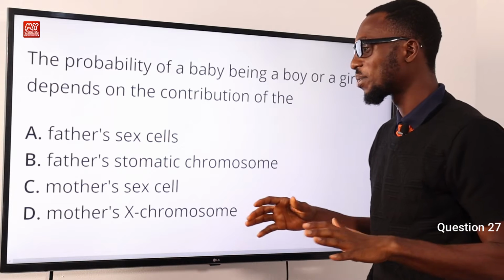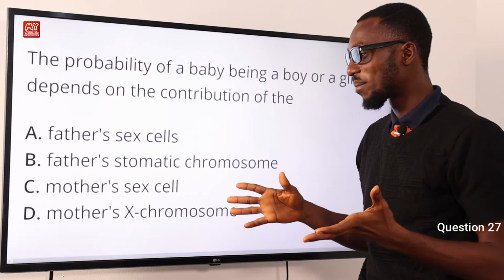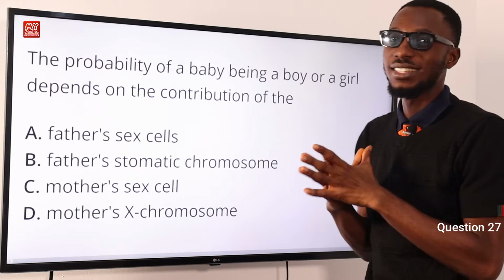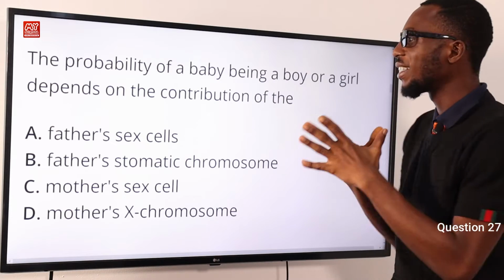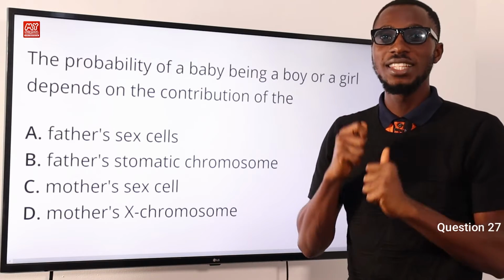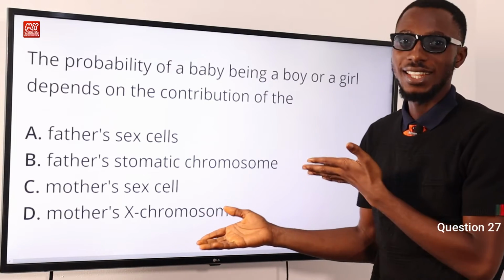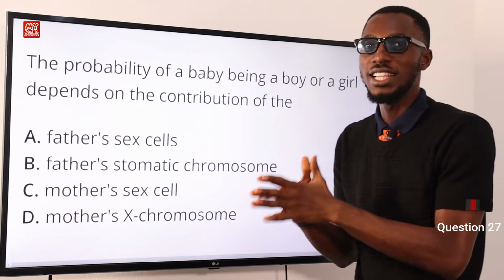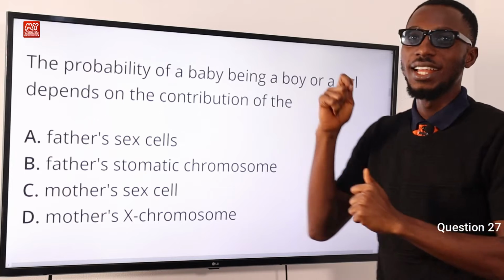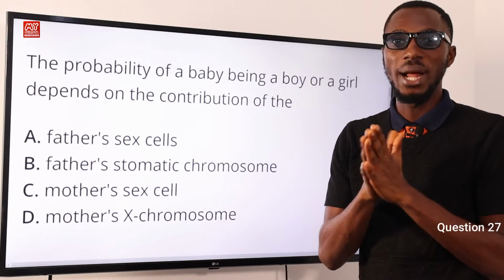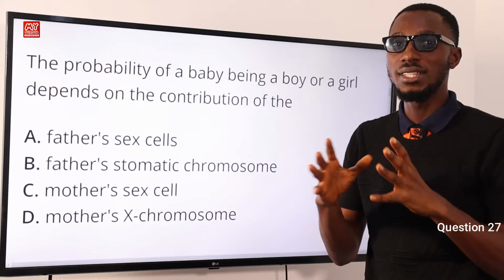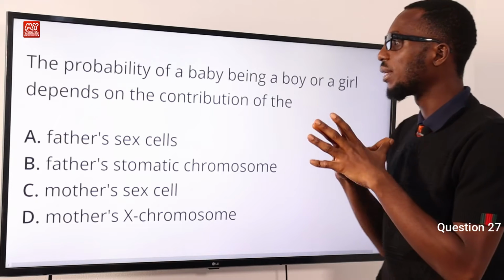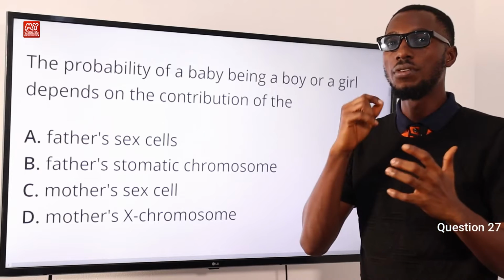Okay, so at first we should know that the mother's chromosome is just XX. It is the father that has XY, so it is dependent on the father. If the father donates X, the mother already is an XX, so that gives you an XX, which is for female, and XY is for a male. So whatever the father sends out is what the mother combines with, and that's what determines the sex of the child. So the probability of a baby being a boy or a girl depends on the contribution of the father's